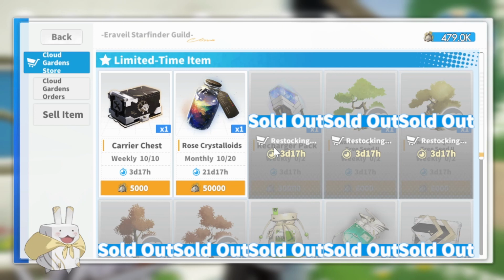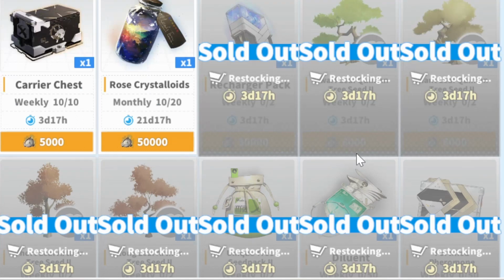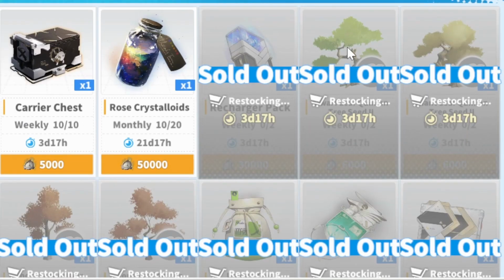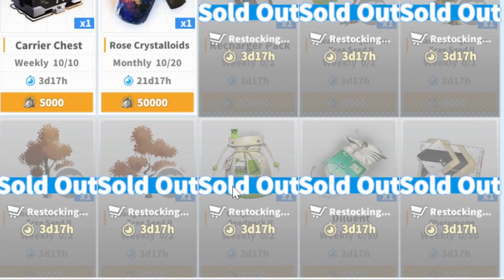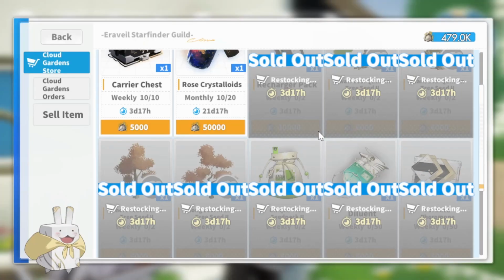So make sure that you come in here and buy these recharger packs every week because you really don't want to miss out on this extra stamina. And then the seeds are also all really important. So the tree seeds and then the bag that has tree seeds, because you need these in order to breed